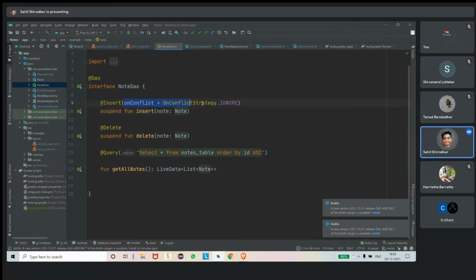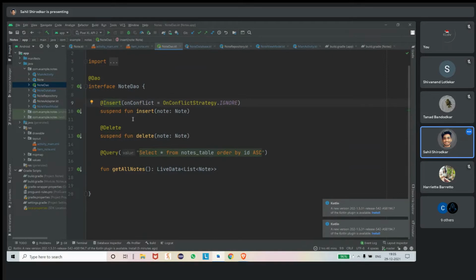So what is this on conflict? When two notes are similar to each other, that means they are conflicting with each other. I want my app to automatically ignore that.